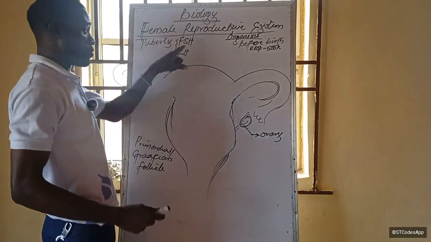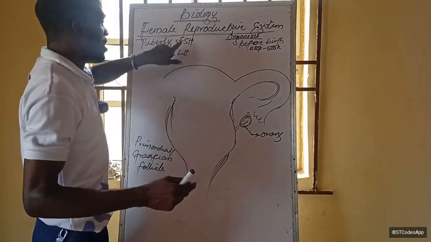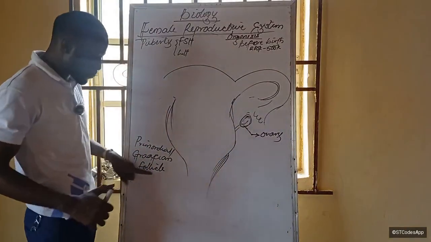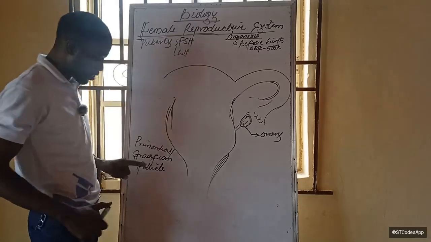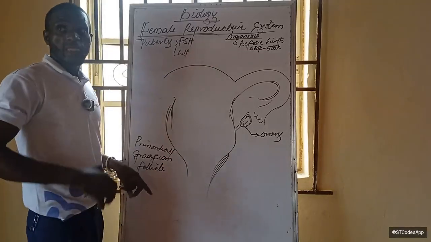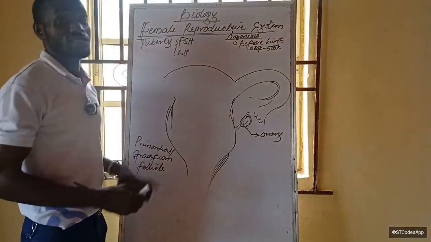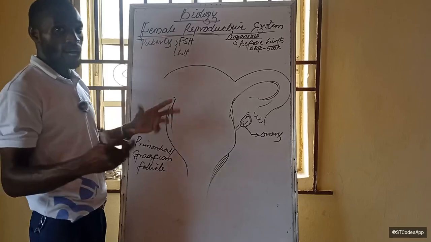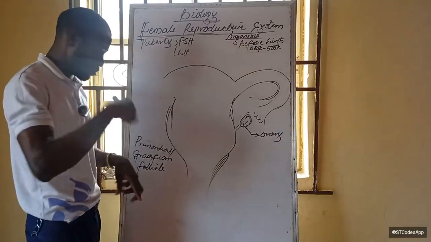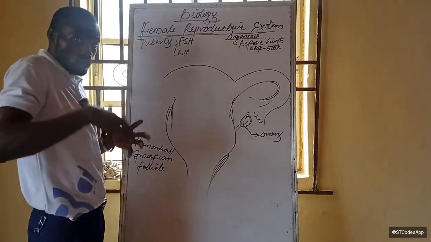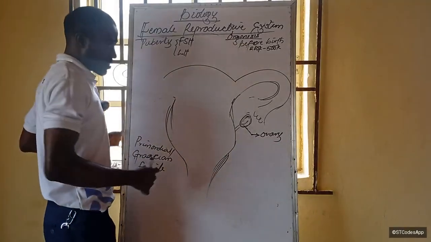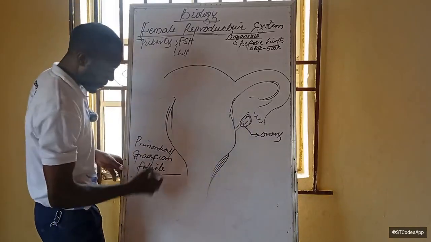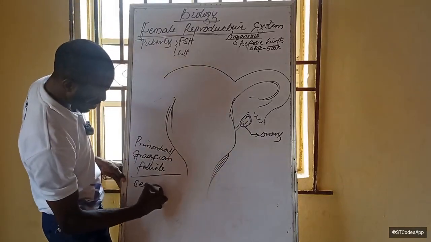Once puberty is reached, the follicle stimulating hormone will go to the ovary and stimulate the ripening of these follicles, okay? And once they mature, they are going to go through several stages. I'm going to show you in the other video, where I'll talk about oogenesis, how eggs are actually being produced in the female. How they are produced, not matured, or ripened. So what happens here is that they become ripened, and at that maturity stage, they are called